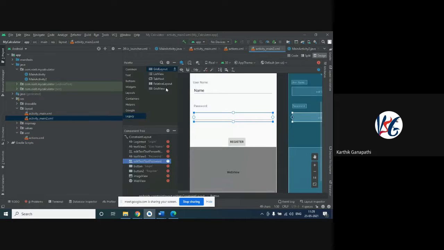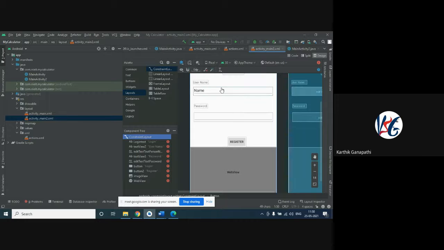So, as I explained, these are the important components of the palette. I have just given a very brief description of the components with respect to the palette. What we need to do is drag and drop the components. Initially we need to have a layout first. We need to choose which type of layout we are going to have, because, as I told you, layout is an arrangement. The layout is always placed first, and after this the components of the application, whatever components we need, are placed.